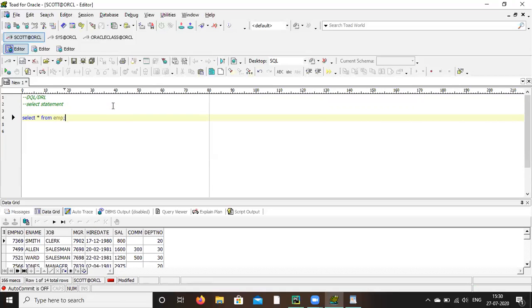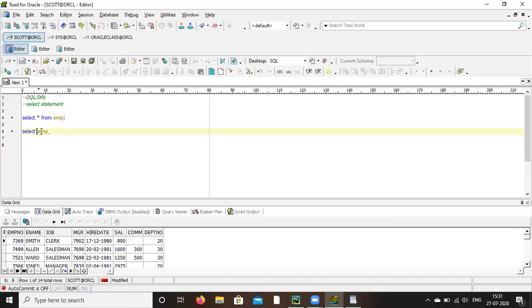Suppose you want some particular column. How to do? Select, let's say employee number. I want employee number and salary, only these two columns. At that time no need to give star. So retrieve means select employee number, comma, remove that star.